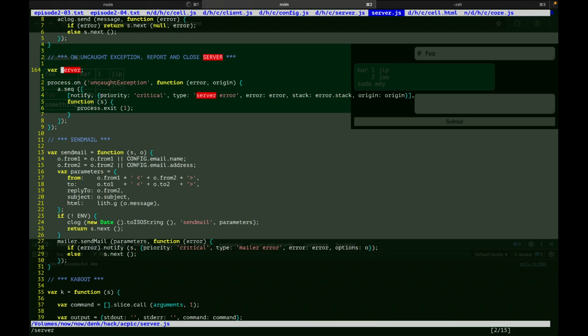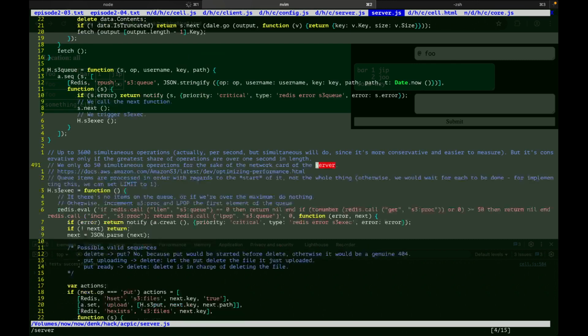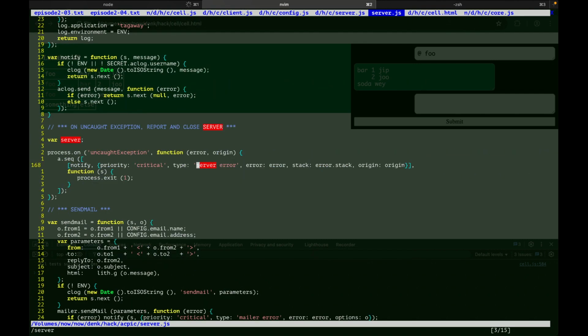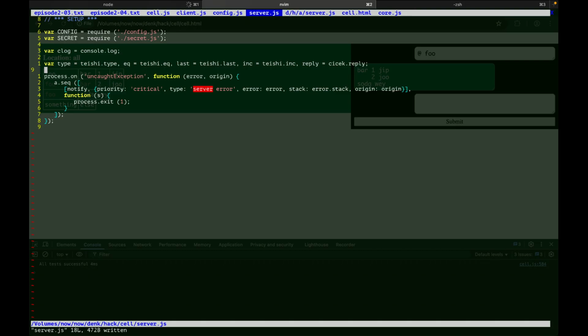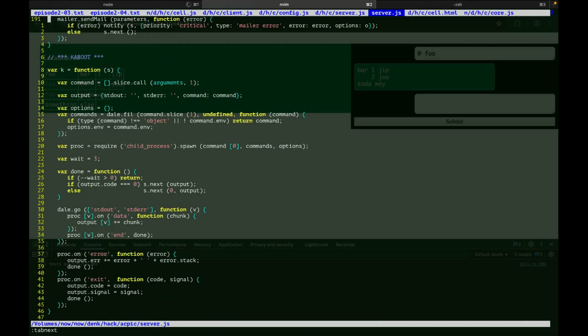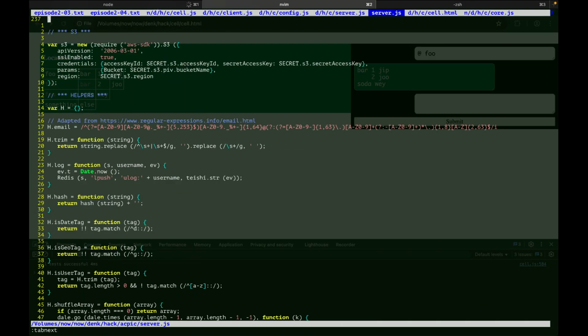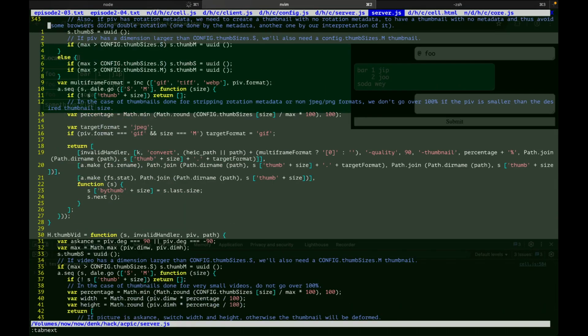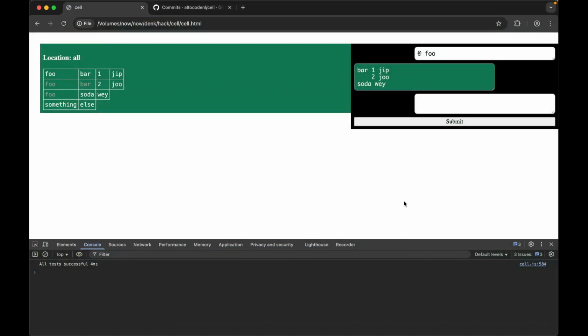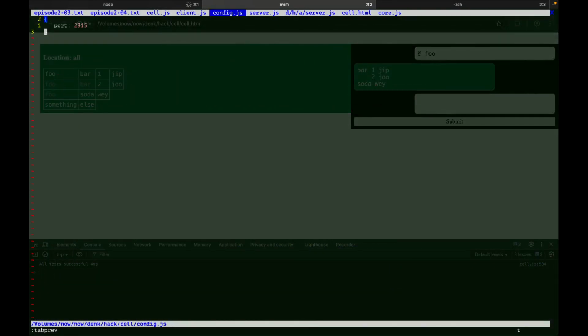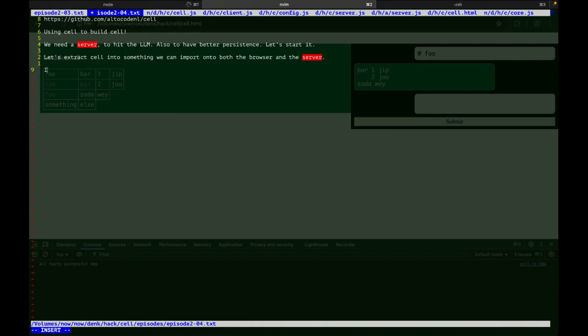Why do I need the server there? There's no need to set up the variable there. Do I? Not anymore. I'm just exiting with the process. See how when you look at it again, you get a fresh perspective. By the way, this is all open source code. It's already published. It's at... I'm plundering